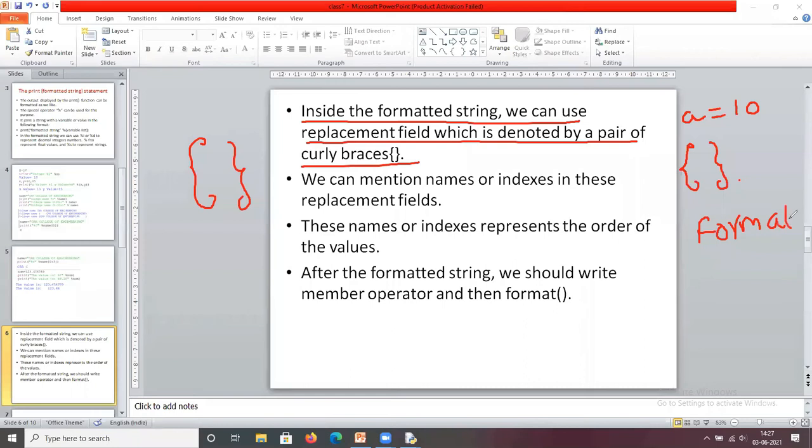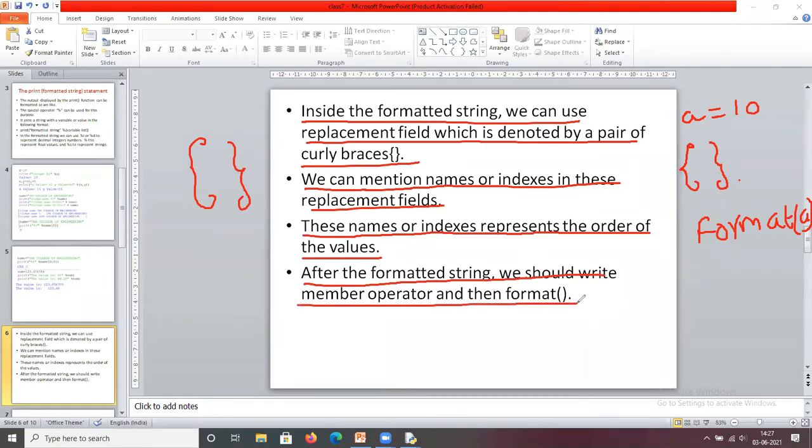In this format, I specify a like this. We can mention names or indexes in the replacement fields. These names or indexes represent the order of the values. After the formatted string, we should write the member operator and then format. What does it mean?